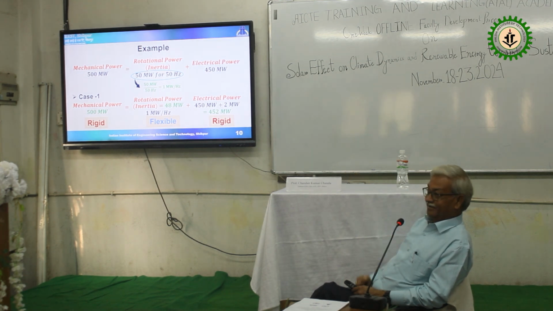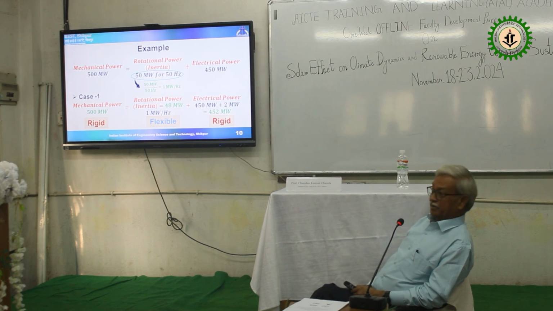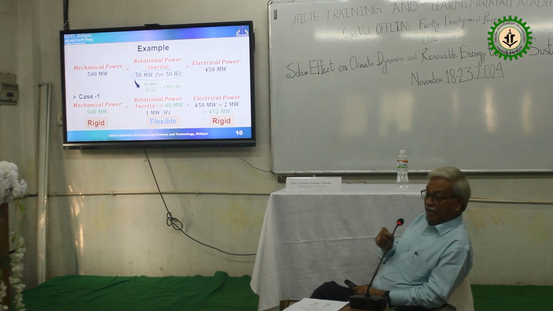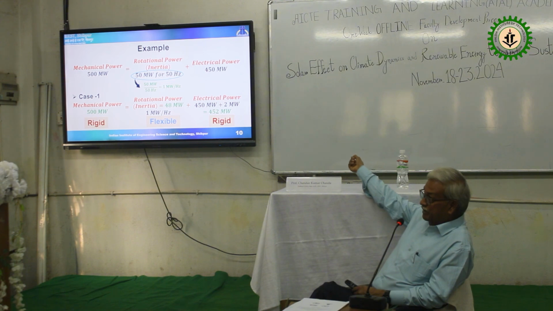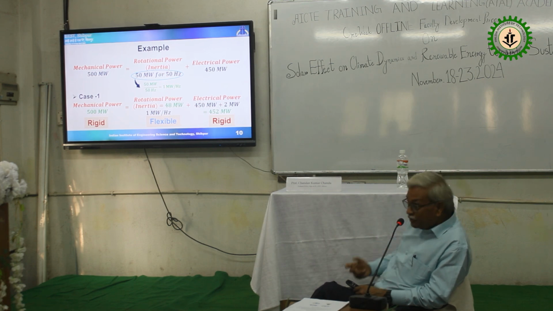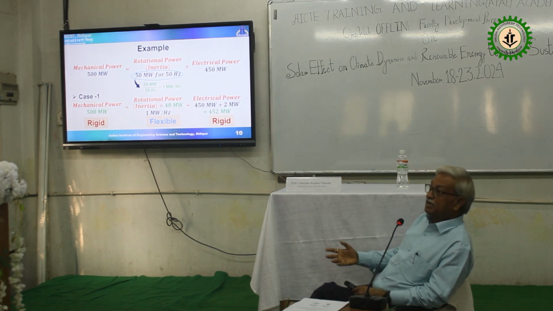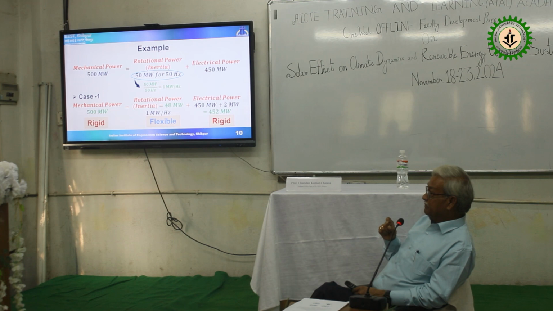Rotational inertia is here. Inertia means the rotor is rotating at tremendous speed, at 3000 RPM. So the rotor will say that okay, the turbine and boiler are not able to supply the power, it means they cannot change the power so quickly. And whatever decision has to be taken, it has to be taken at a sub-second level, because for this mechanical power, 502 megawatt, actually that 2 megawatt, they are able to deliver within 10 minutes. But in a fraction of a millisecond, a lot of things can happen in electricity at a sub-second level. So that sub-second is very, very important.